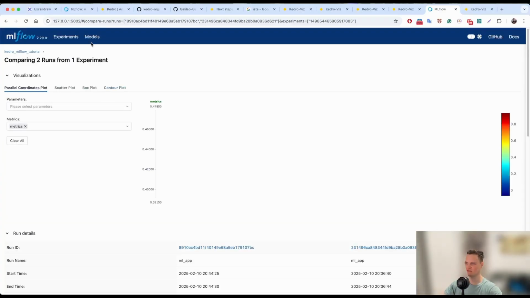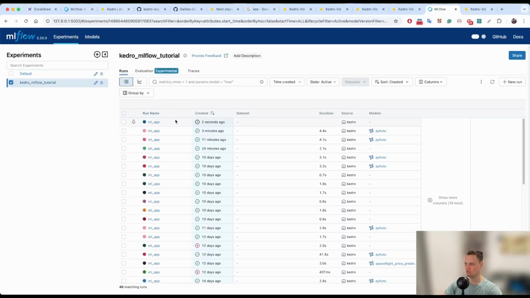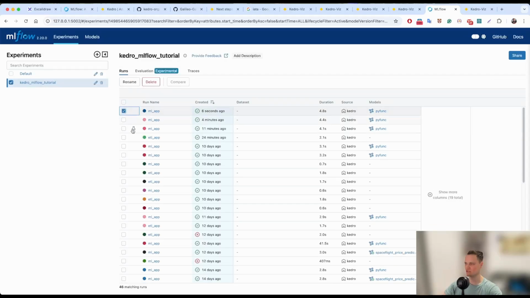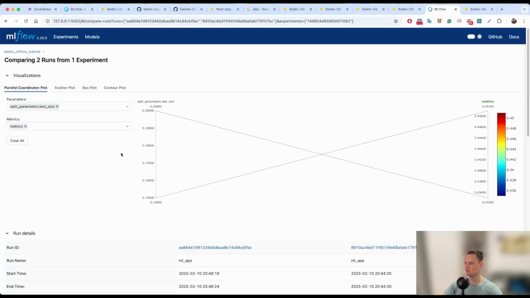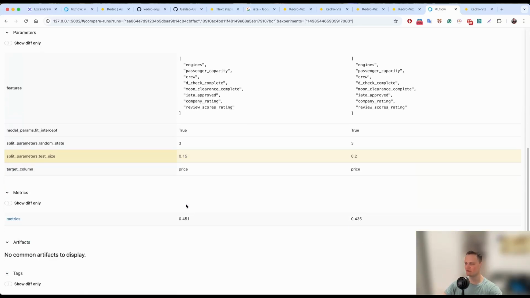You can see that even if it fails, this will be registered. So this appears here immediately. And when I update, yeah, you can see that this is executed. So let's compare the last two. It shows you what changed. So during the last run, we have the test size of 0.15. Everything else is the same, and we can see that the metrics are a bit different. It's not good to compare on different test data sets, but just to give you some sense of how this